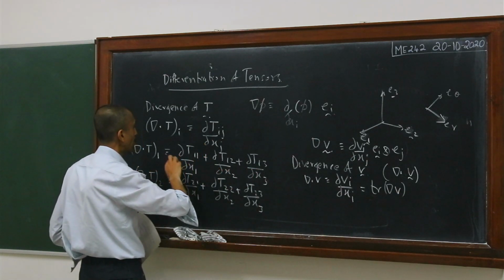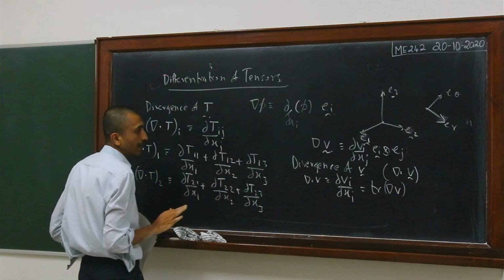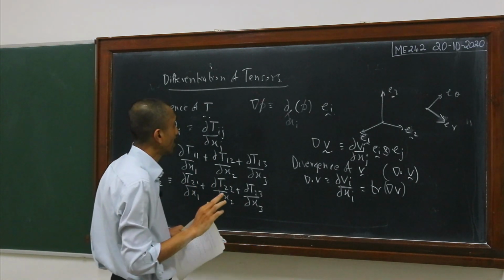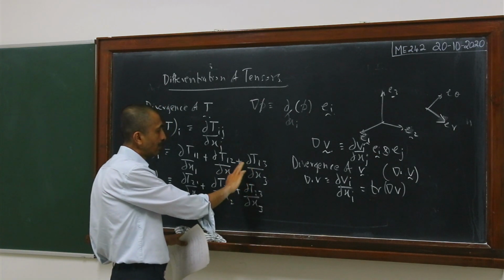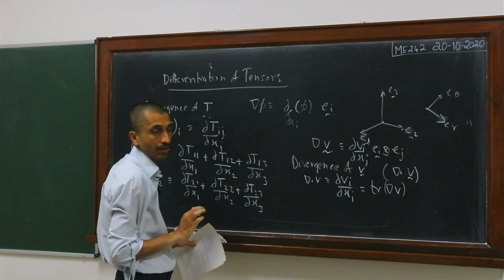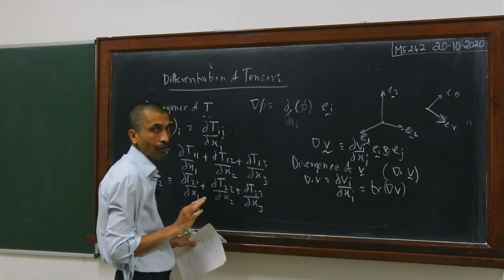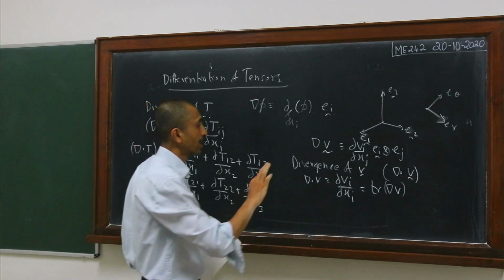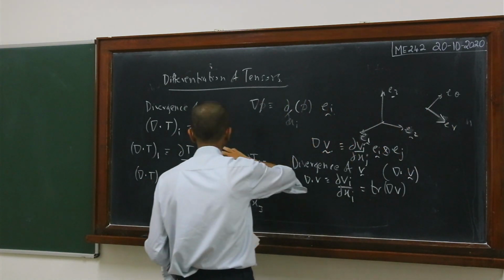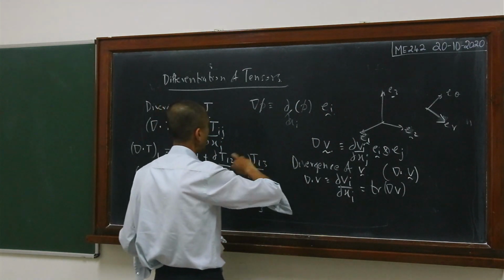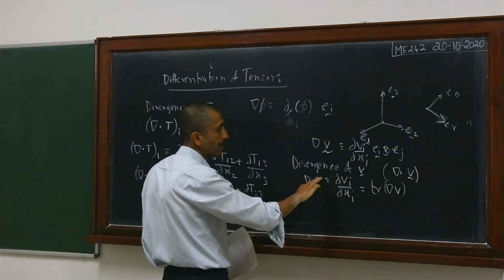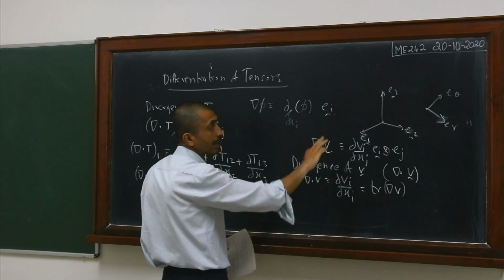So all these indicial notation formulae that I am writing are strictly for a Cartesian coordinate system. Later on we can convert from these formulae to the ones for a curvilinear basis, but that is not a very straightforward process. So at this stage, let us not get into how to write the components of del dot tau, del dot t, or del v, or del dot v. We will not worry about how to write the components of this for a curvilinear coordinate system.